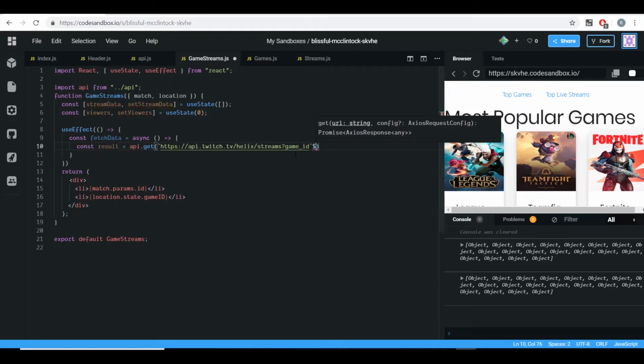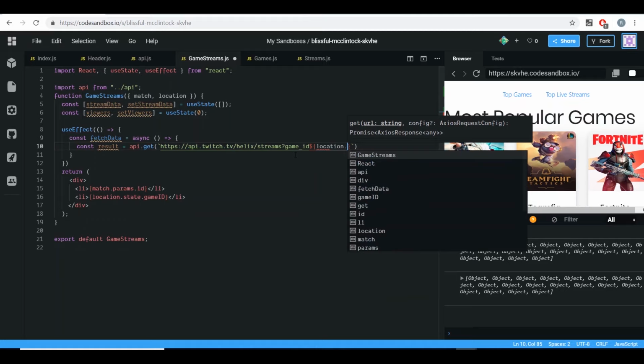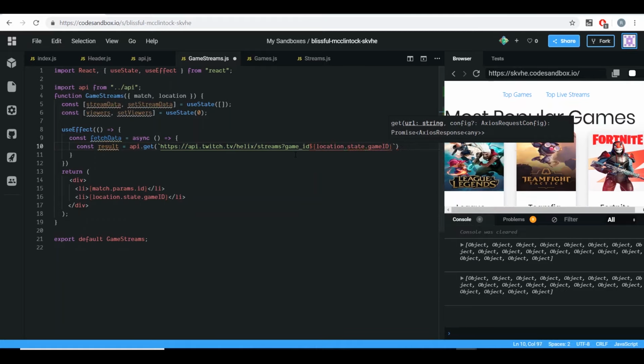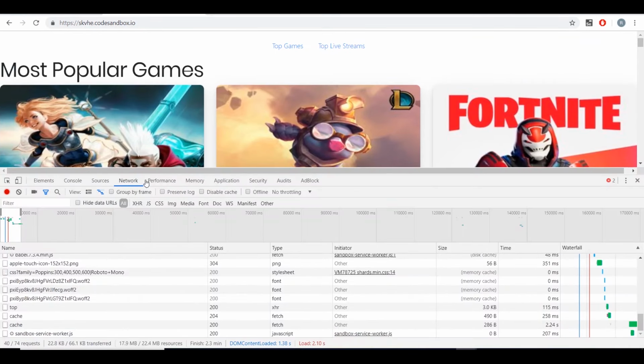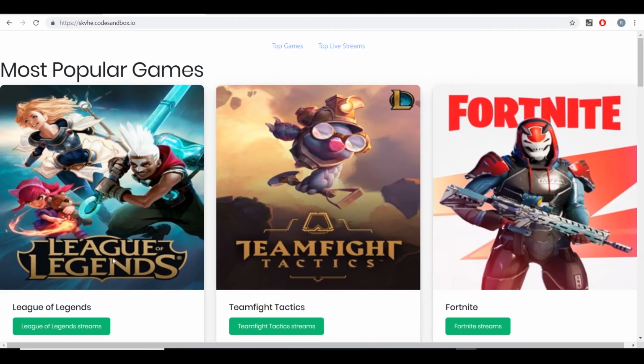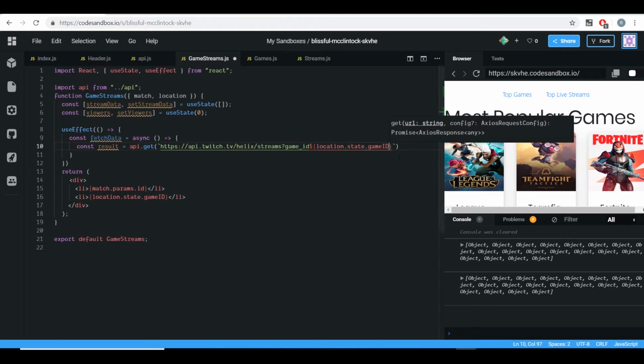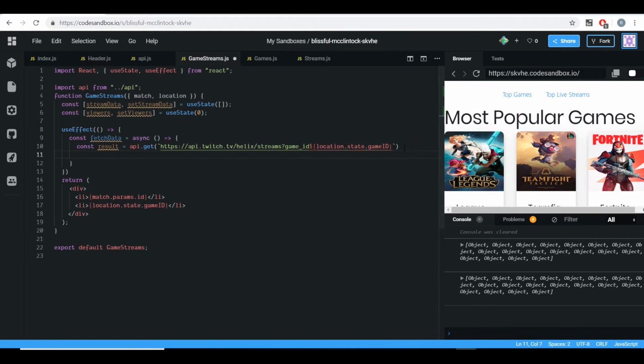So we're going to do dollar sign, whoops, we need to be inside the brackets, and what we're going to want to do is location dot state dot game ID, and that's what we're going to take in, and that's going to dynamically make that API call depending upon which of these things we click on. So whichever one of these will get that name, and we'll pull in our data accordingly. So then once we've got that result, we're going to create our data array again. We're going to set that equal to our results dot data,